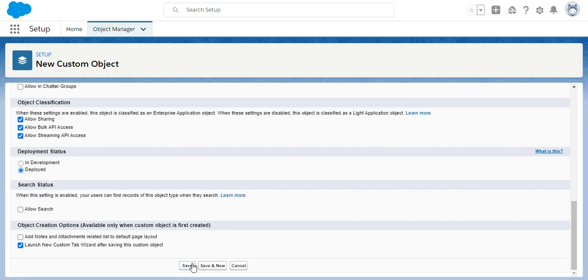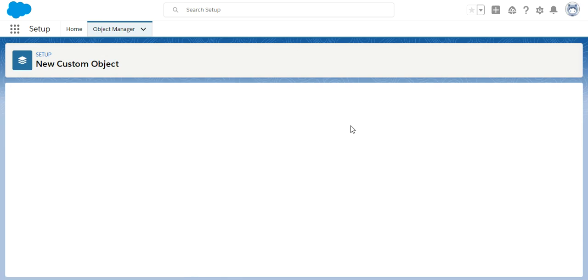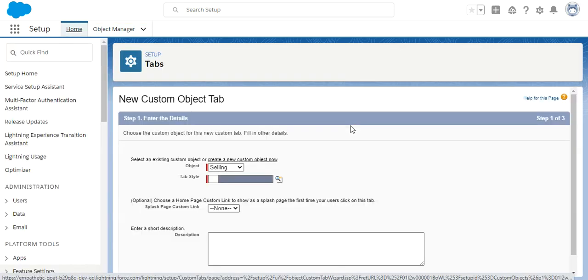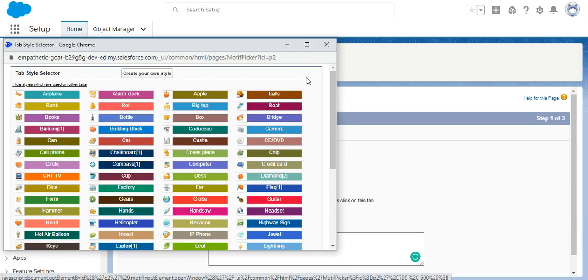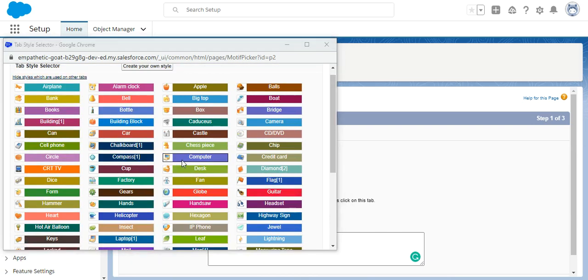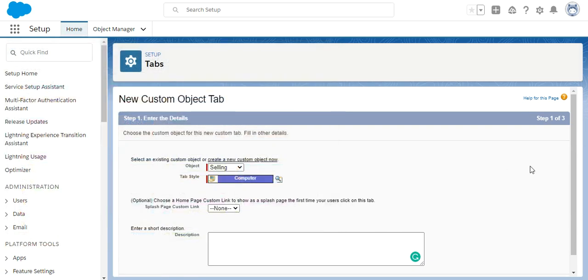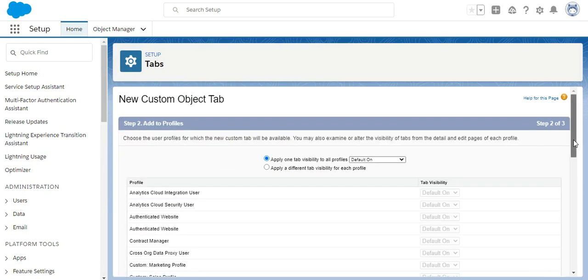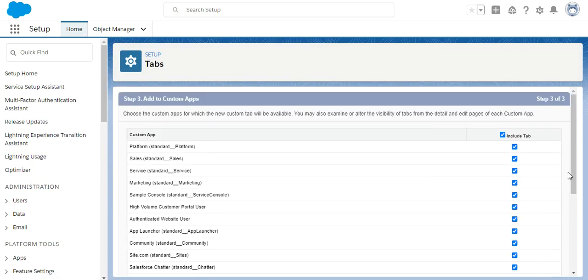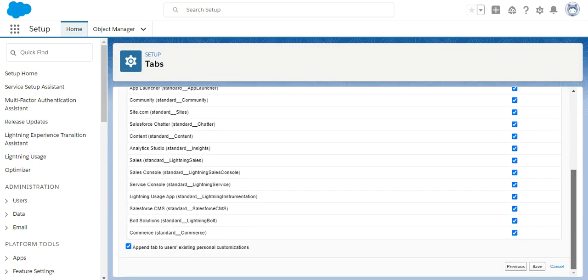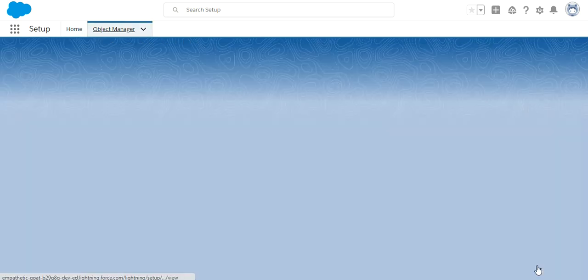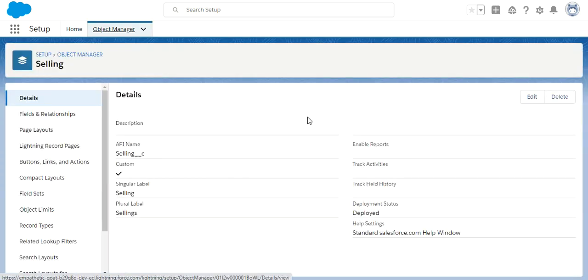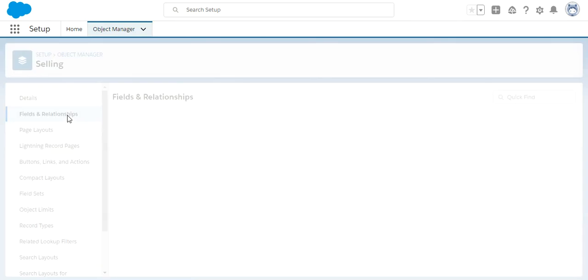Just select a tab icon from here and click on next, then save. So my junction object has been created.